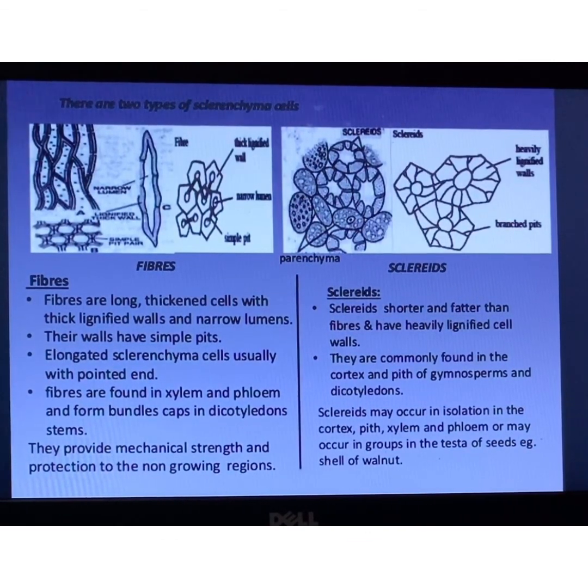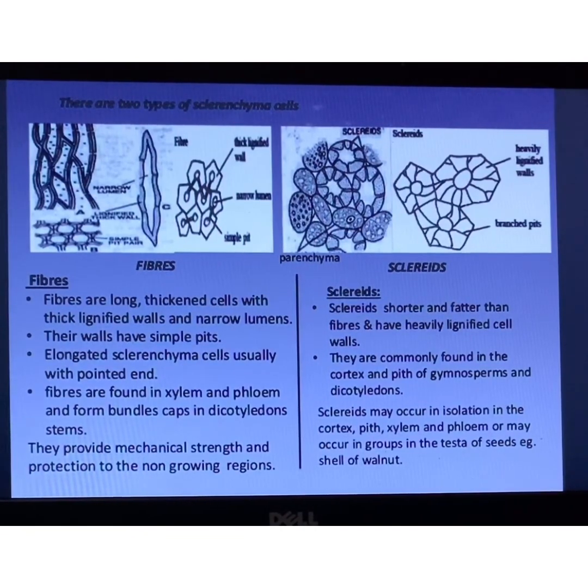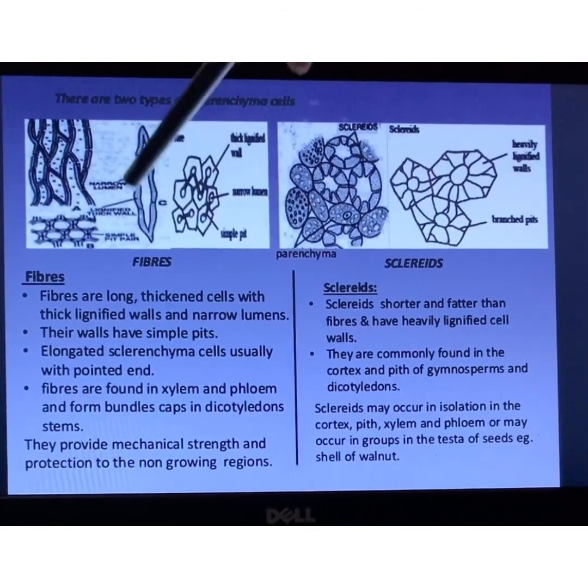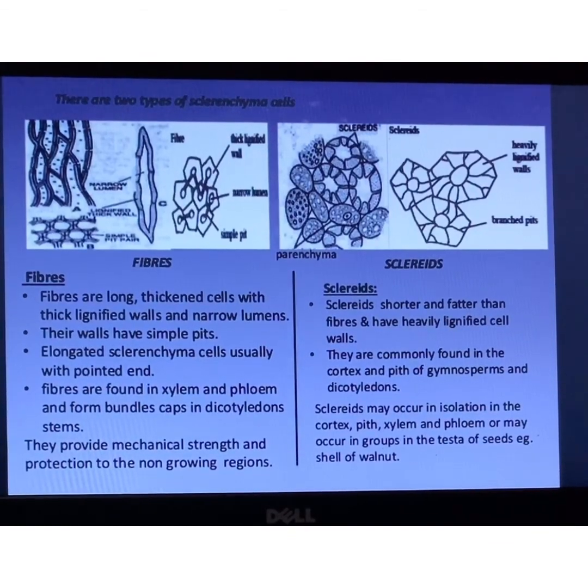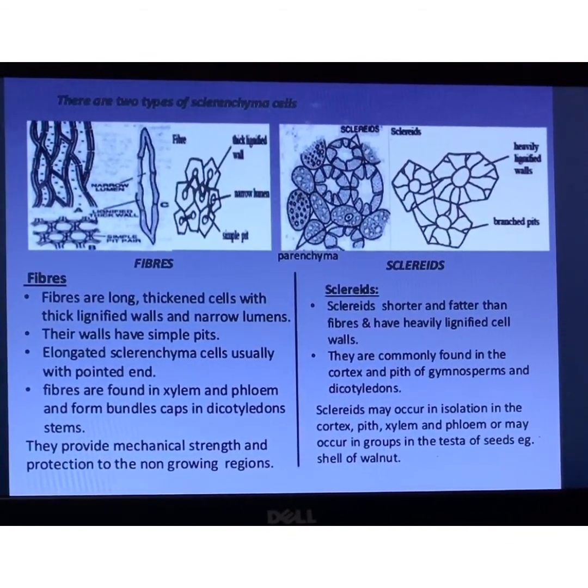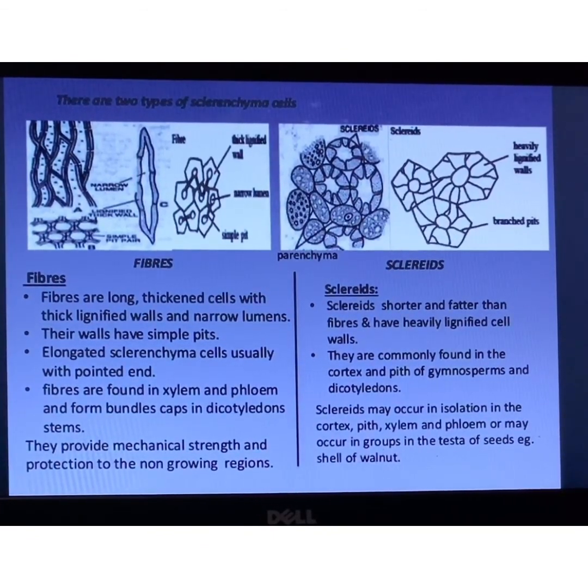These fibers, the type of sclerenchyma cells, are arranged in threads which are found in association with lot of other plant tissues. It could be associated with roots, it could be associated with stems or leaves or fruits. Okay, their ends are typically narrowing, like pointed. You can see that they are having pointed ends. These cells are having pointed ends.